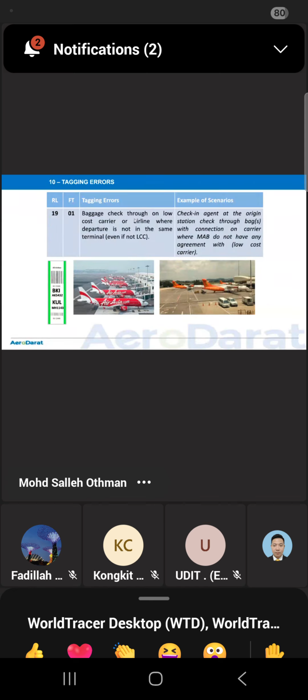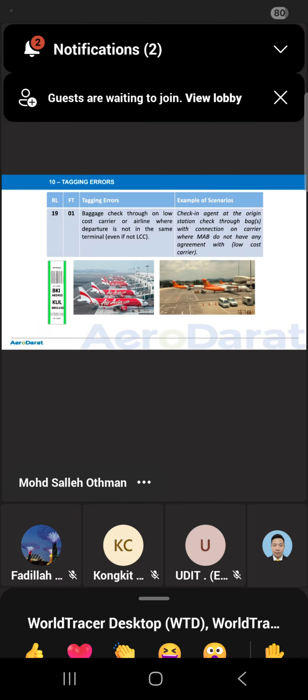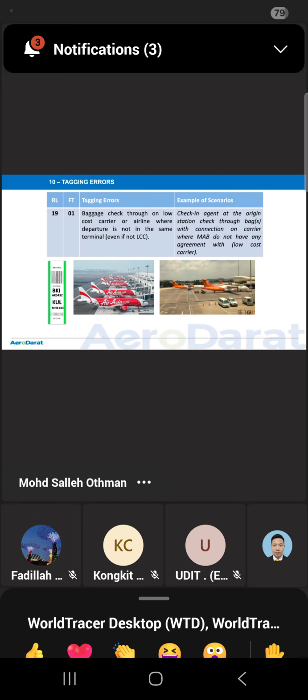Number 19, baggage checked through on a low-cost carrier where departure is not from the same terminal, even if not LCC. The check-in agent at the origin station checks through the bag with a connection on a carrier that may not have any agreement with the low-cost airline. For example, we are Malaysia Airlines at the station, and the passenger has a connecting flight to Denpasar, but with AirAsia.